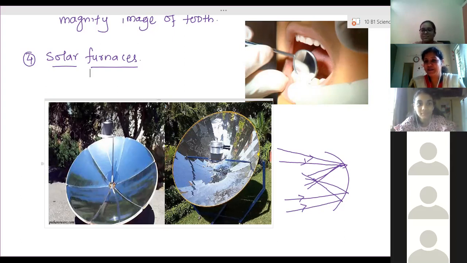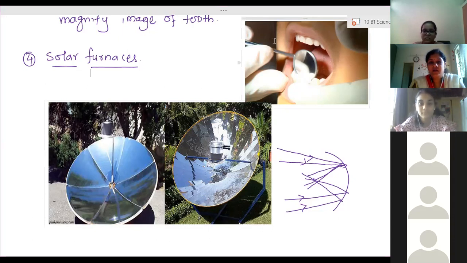We are not trying to use it. Right now, we are trying to use only 10%, not even 10% till now. We have started using 6 to 7%. So we actually have a large amount of heat energy available on the earth from the sun, but we are not able to use it. Right now, we have started using 6 to 7% of the solar energy falling on the earth. So still we have a large amount of heat energy and we can use it for many purposes. Only the designing part should come.